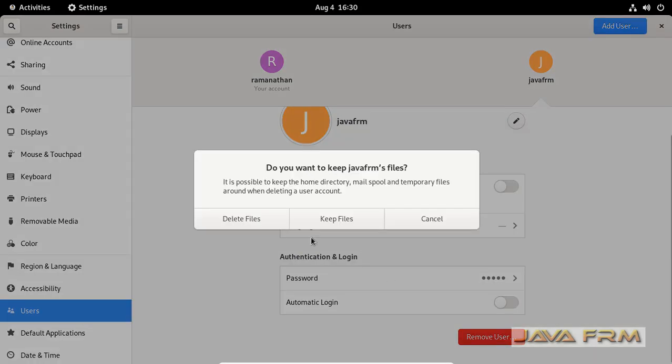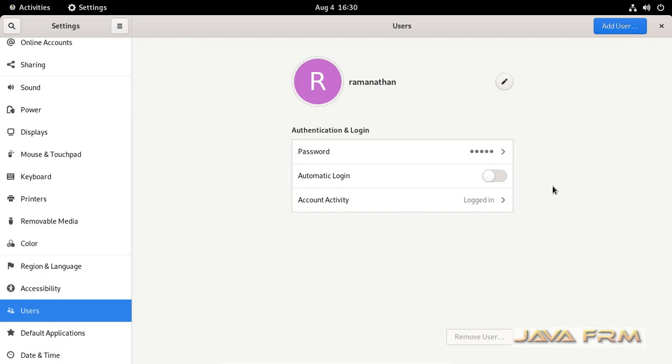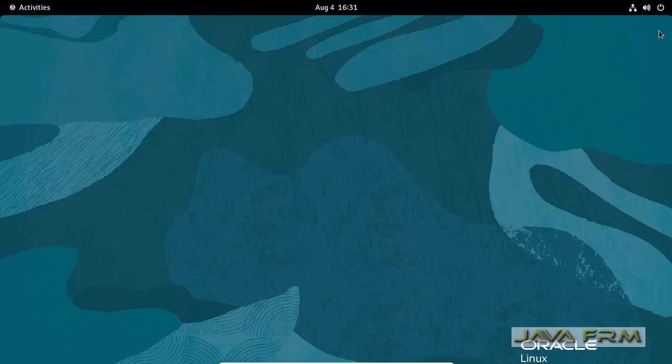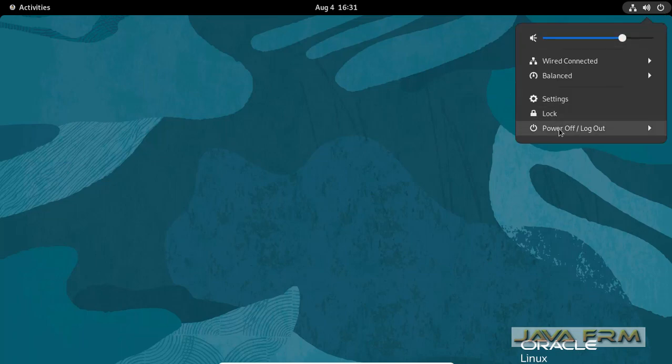So, delete files. This will delete the user called Java Forum. The home directory also will get deleted. So now I will validate